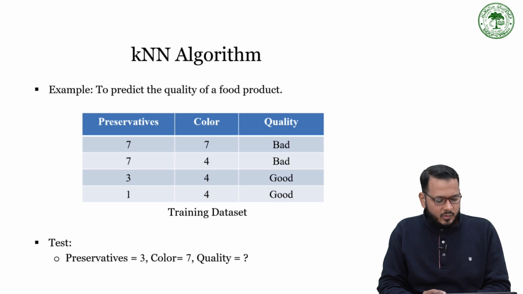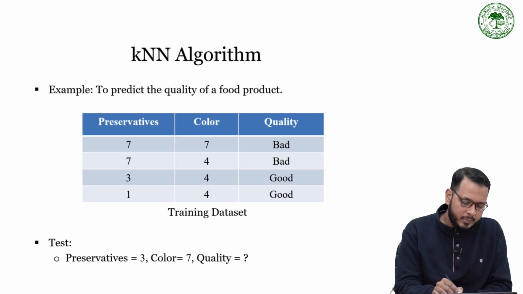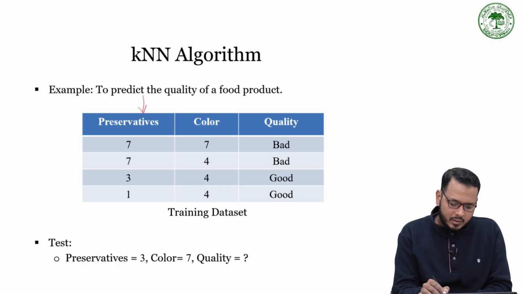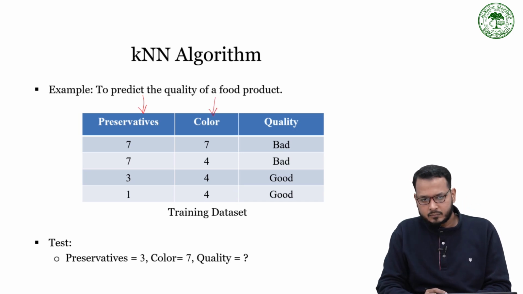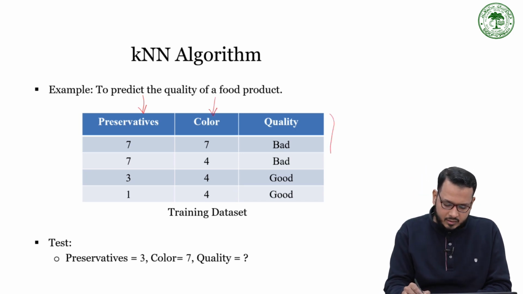Let's take this example where we want to predict the quality of a food product on the basis of two independent variables: the amount of preservatives in the food and the amount of color in that food product. So I have this data set, which is my training data,